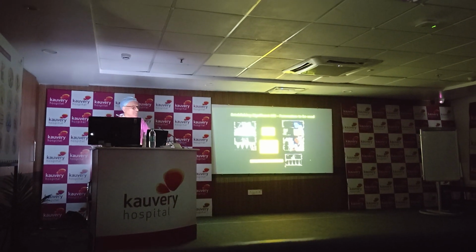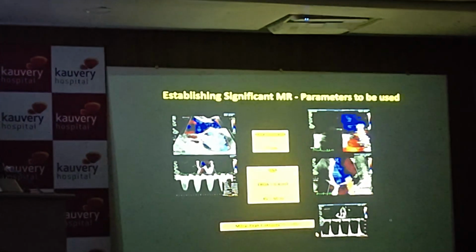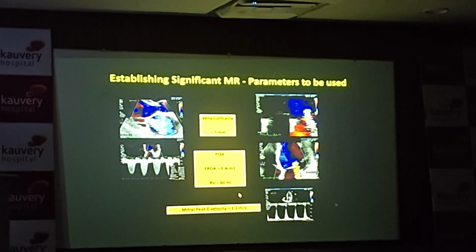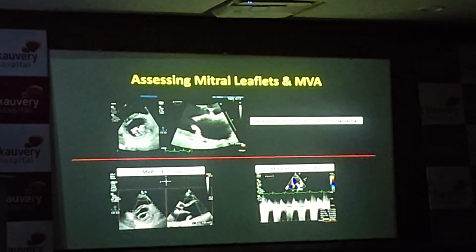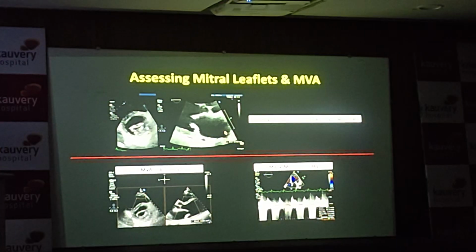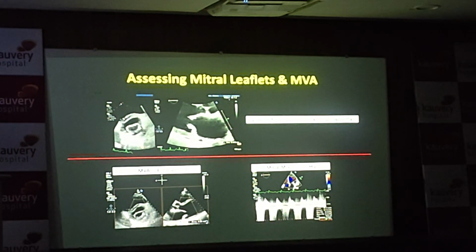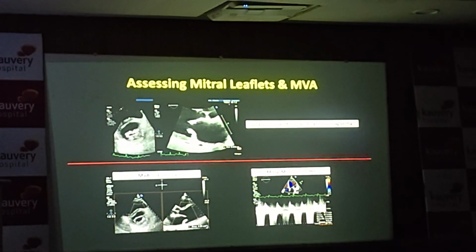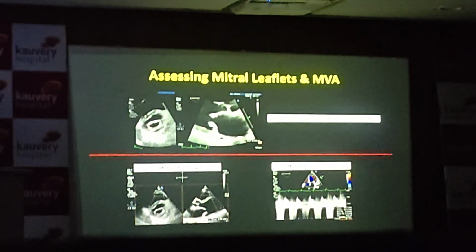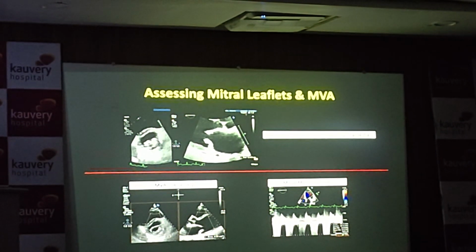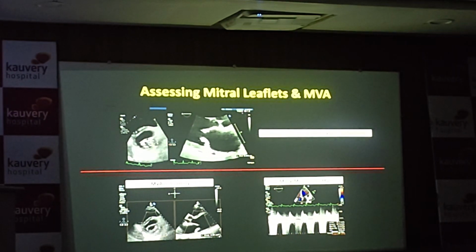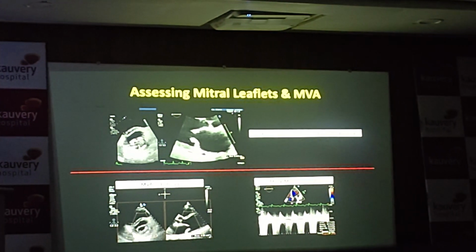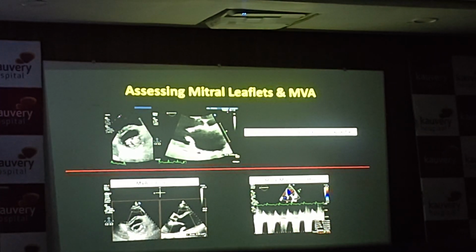If you have an E more than A, that means there is significant MR. If you have an E less than A, the thumb rule is the MR is not that significant, or at the most it is moderate. And the leaflets themselves, you have to keep a very close watch on how the margins are. You can see that this is a very fluid margin, not a very good one in terms of having attachment for putting the clip. So you'll have to have a close watch.